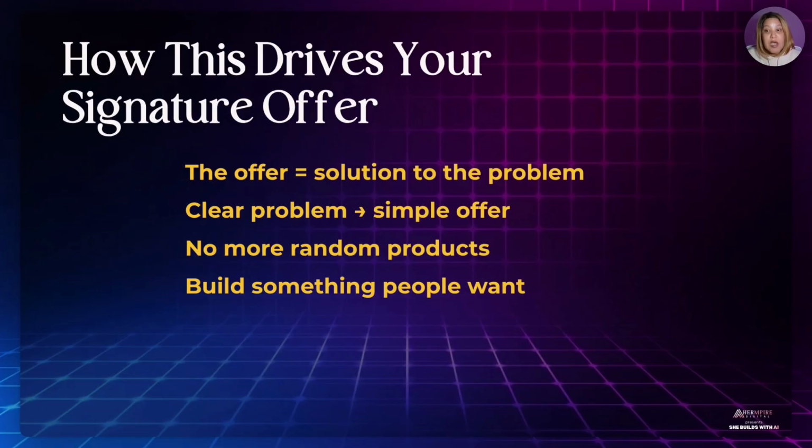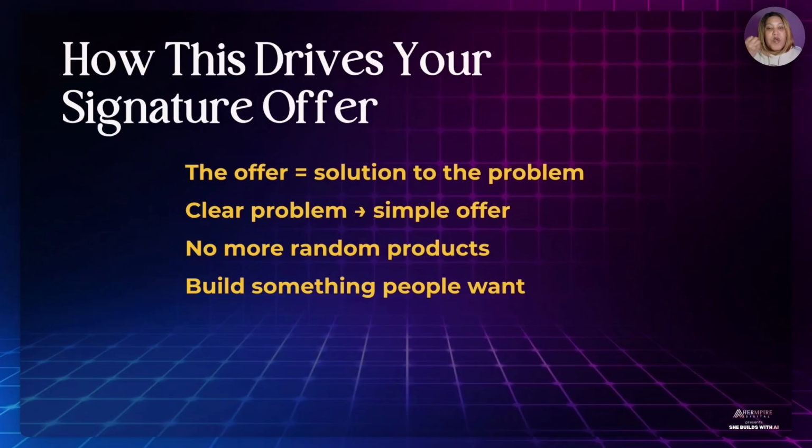And this is the things we talk about in the academy. So your signature offer becomes the solution to the problem, right? Sometimes you might know a problem, but you don't necessarily have a solution in place, but you can still filter the people into your playground and find out what they want and then give them what they want. That's going to help them.